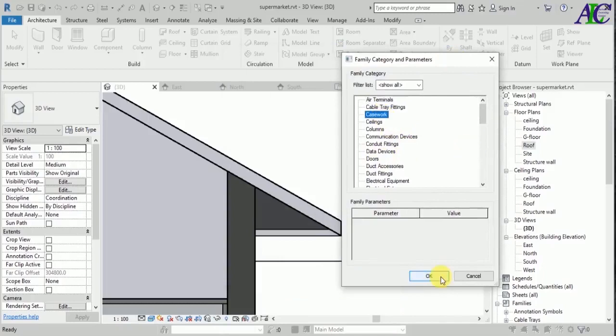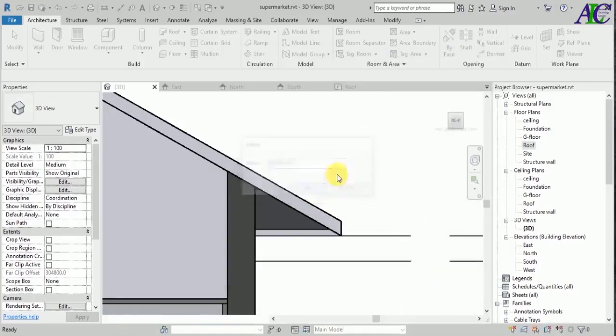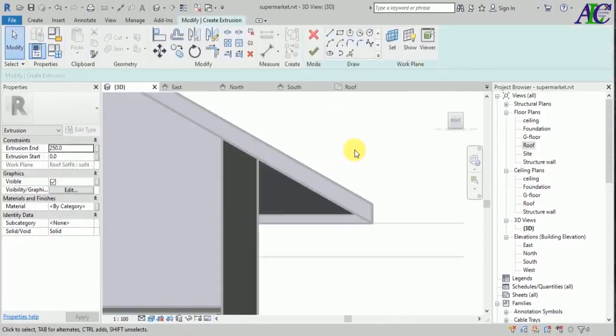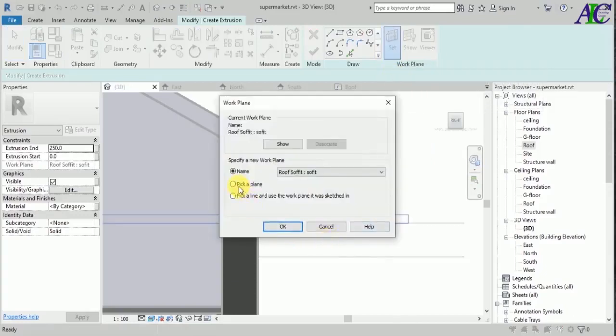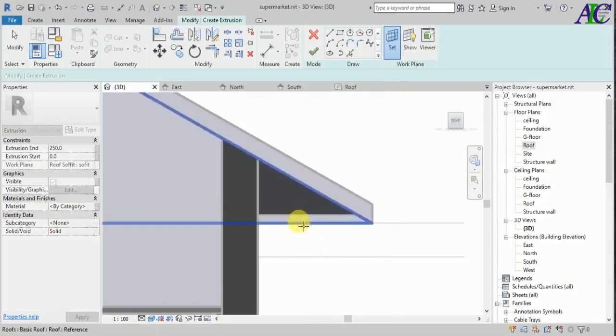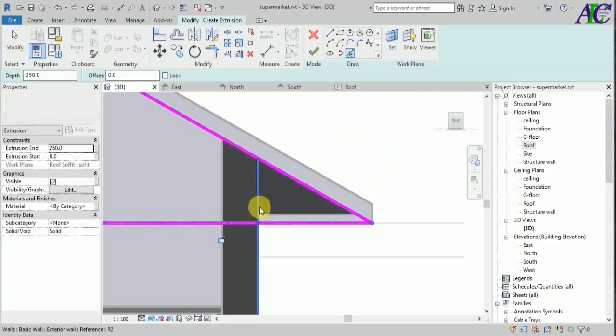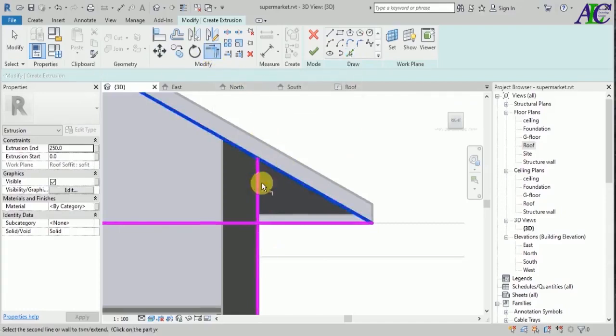You can change the name or not. So let's create an extrusion in here, and now select first work plane, and from here pick plane, and then click to in here, and let's create pick line, and then trim and extend. Okay,